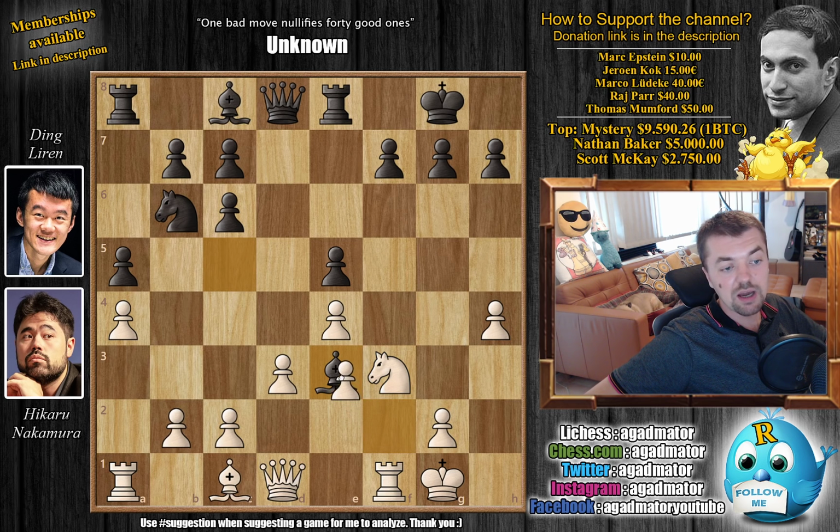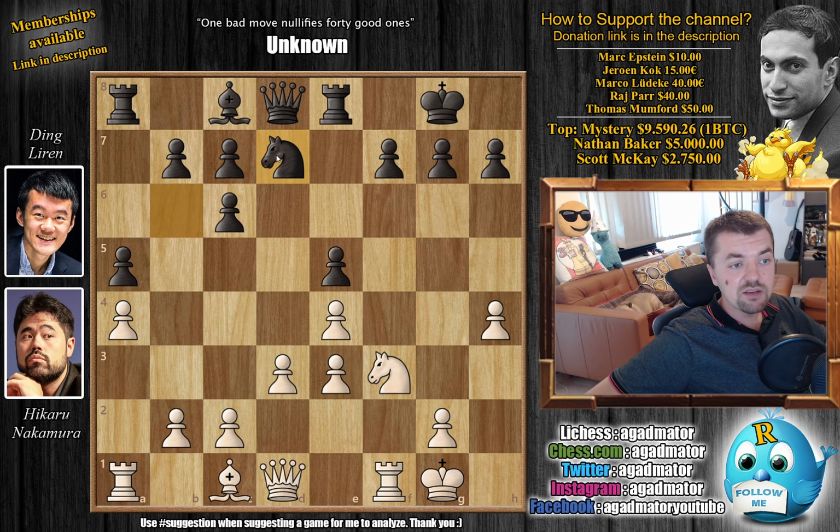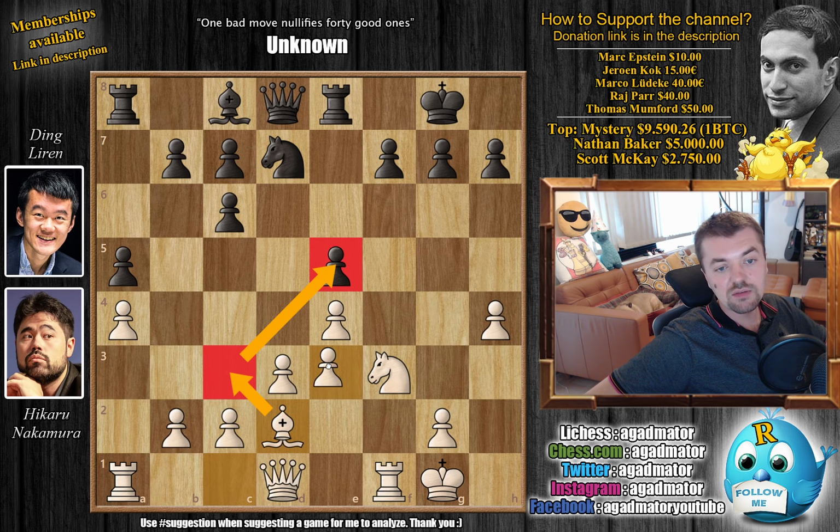So here instead Hikaru captures with the f pawn, nicely opens up the f file, and will be used for attacking and defensive purposes. And now bishop to g4 isn't really a problem, you can just unpin because the rook also defends the knight. So knight to d7, Ding now wants to shift the knight over to f6, and bishop to d2. Hikaru is preparing bishop to c3 to go after the e5 pawn this way, knight to f6,